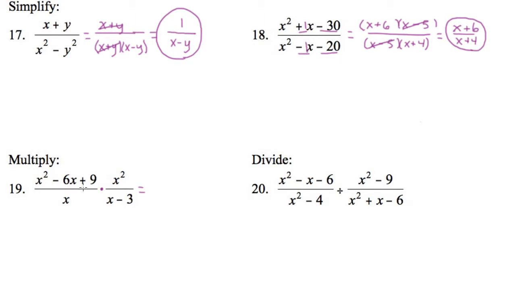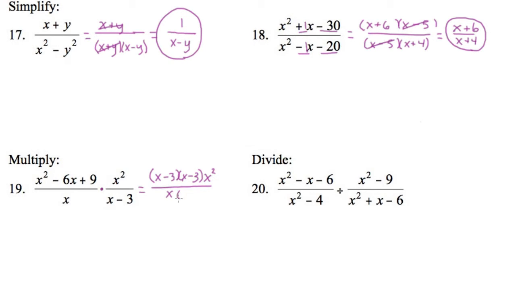Okay, this we can unfoil, and it factors to x minus 3 times x minus 3. Negative 3 times negative 3 makes positive 9. Negative 3 plus negative 3 makes negative 6. And then we're just going to multiply that by x squared. Now I'm not even going to actually multiply it out because I just have to factor it to be able to cancel anyway. So I'm just going to write it right there and see if that helps me do any canceling. On the bottom, I'm going to multiply x